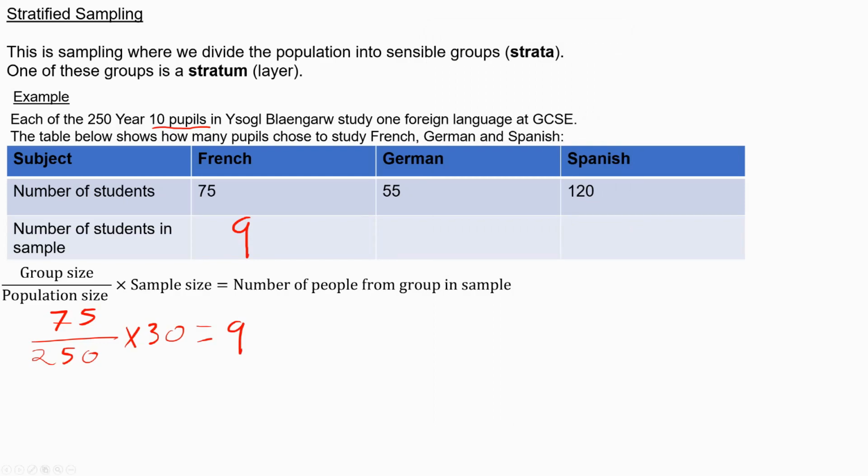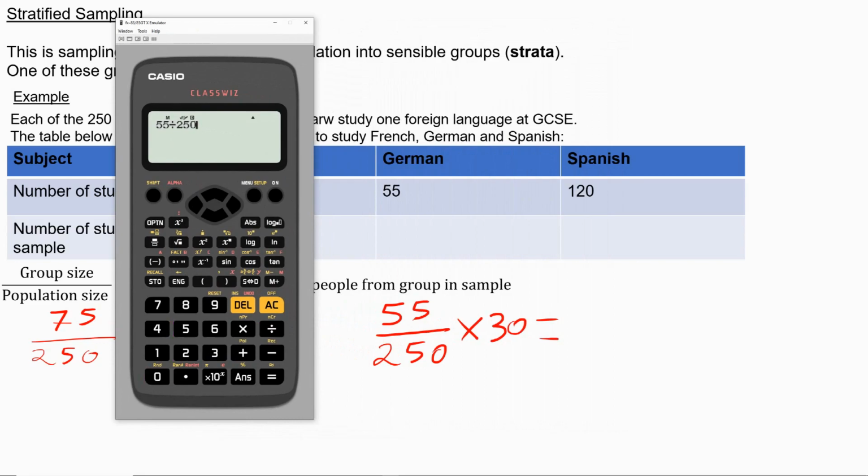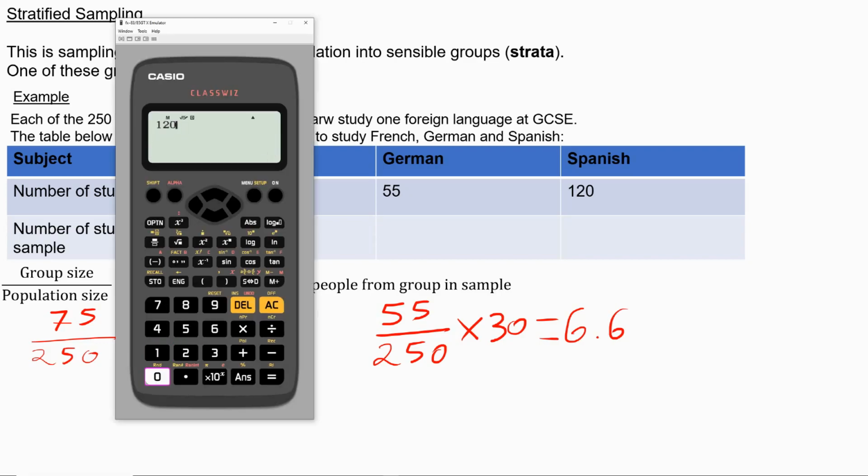the sample. For German, we have a group size of 55 out of a population size of 250 multiplied by a sample size of 30. And this will give me 55 out of 250 multiplied by 30. Now this gives me a decimal, but that's fine for now. We'll deal with that in a minute. That gives me 6.6. And then for Spanish, we have 120 divided by 250 multiplied by 30, and that gives